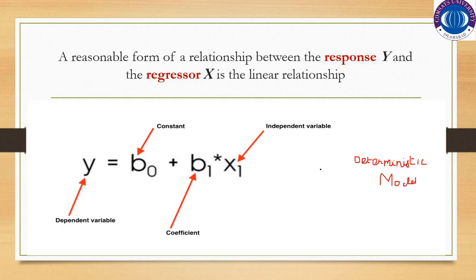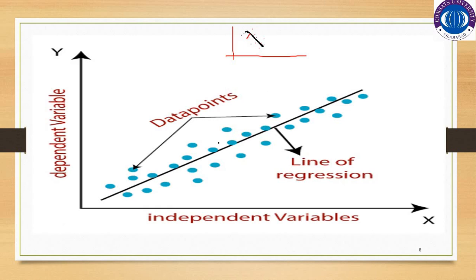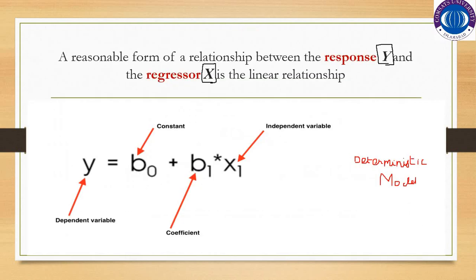So a reasonable form of a relationship between the response y and the regressor x is the linear relationship. Remember here this y is the dependent variable we have assuming, and this x is the independent variable. And we have discussed in this slide that this is the line of regression, but how would we find out this line of regression? For this, we will use the simple linear regression, and this is the simple linear regression